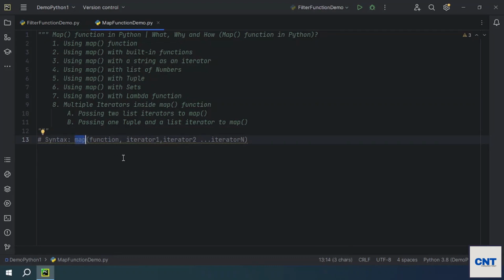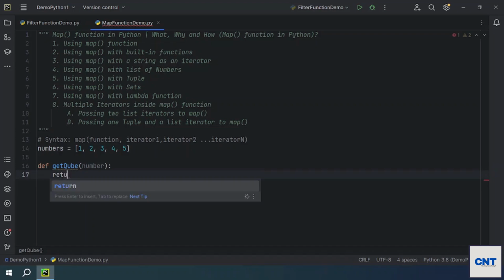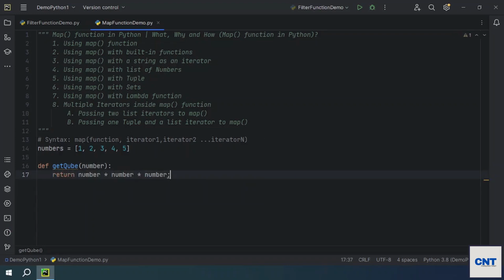What will it return? The map function applies the given function on all the items inside the iterator and returns an iterable map object. If we want to get the cube of any given number, the map function could help us. Let's say we have a numbers variable wherein we have some numbers. We are going to define one function, get_cube, which returns the formula to get the cube. This is a very simple function. Now we want to get all the cubes